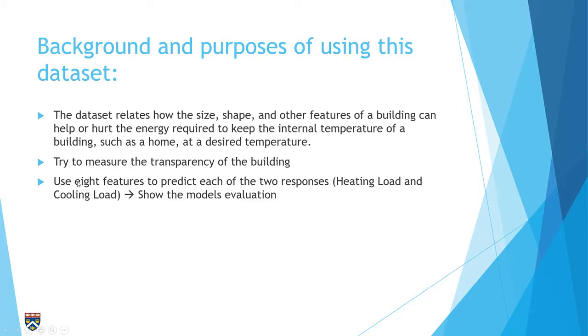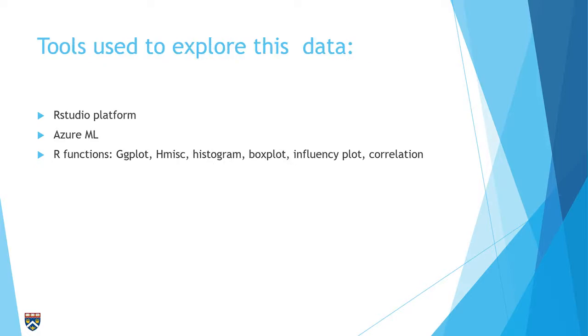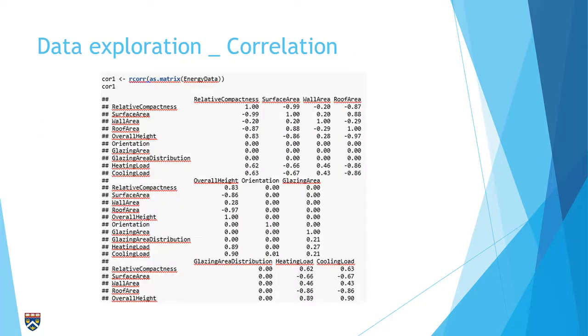So what I'm trying to do today is try to measure the transparency of the building. I'm going to use these 8 features to predict each of the 2 responses, heating load and the cooling load. And I will show the models that I use to do that and evaluate the models. So as I mentioned earlier, RStudio, Azure Machine Learning, and R functions are the main tools that I used. So now in order to analyze the data, I need to see what is given to me. So I explore the data using